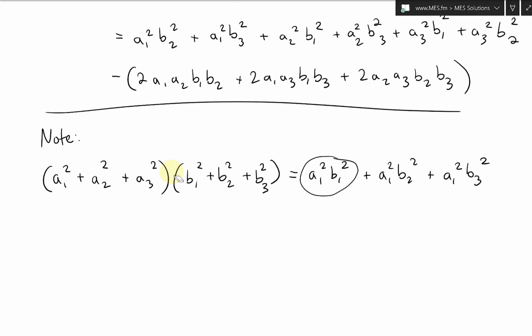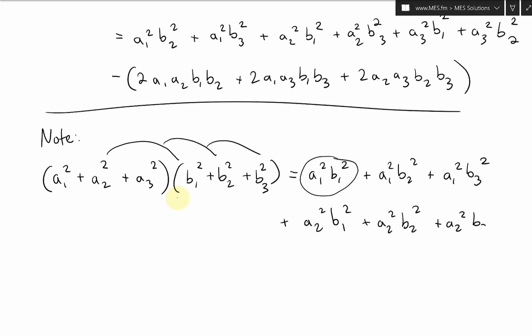Now we'll do the next setup. Next setup is this right here. This multiplied by this, and then this. So the first one's going to be plus a1, a2 b1 squared, a2 squared, b2 squared, and then the next one's going to be the same subscript. So a2 b2, a2 b2, and yeah, this one's a2 b1, not b2, and then the next one's going to be a2 squared, b3 squared